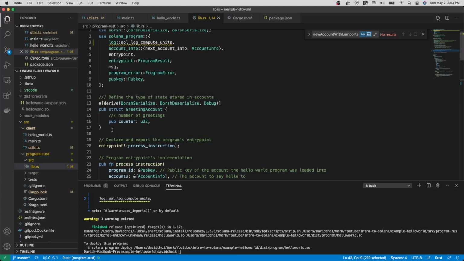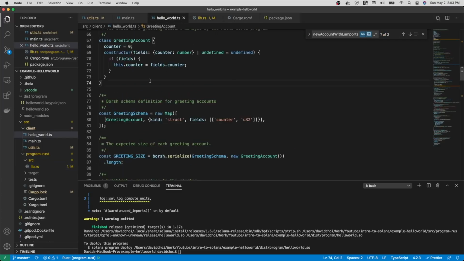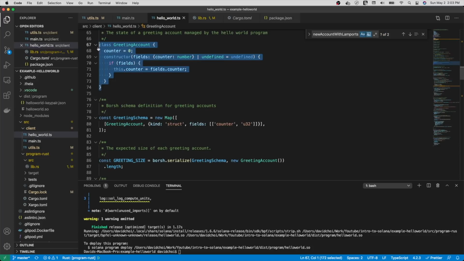So this struct type on the Rust side is analogous to this class type on the TypeScript JavaScript side. Now, the reason why it looks a little bit weird is because although it has only this one member in it,